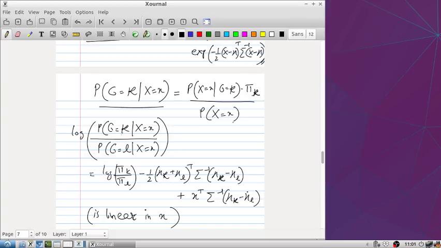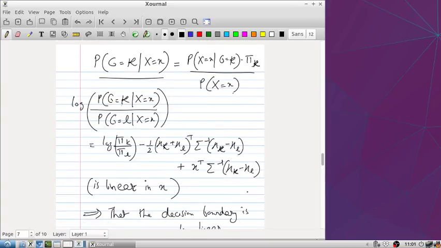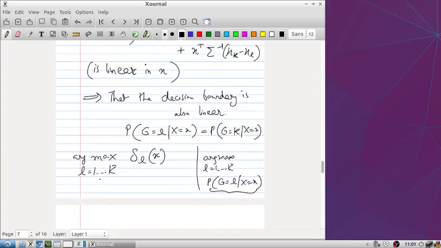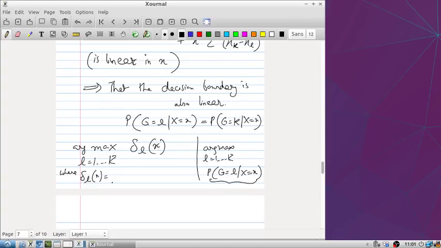If x1 is greater than x2 and both are positive, then log of x1 is going to be greater than log of x2. So log doesn't change anything. The discriminant function is essentially the log of that normal thing, so delta L of x is just the log of that, which is